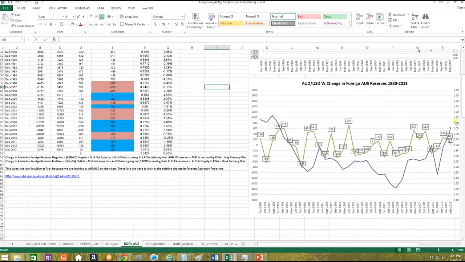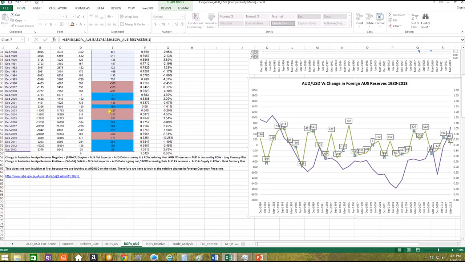And what we've got here is on the right hand side the Aussie dollar US dollar exchange rate versus the change in foreign Australian reserves, so versus the balancing item. If we click on that, you'll see we're referencing column E, the change in the balancing item. So on the left hand side we have the scale of minus to plus 2 trillion, and this is going back to 1980,